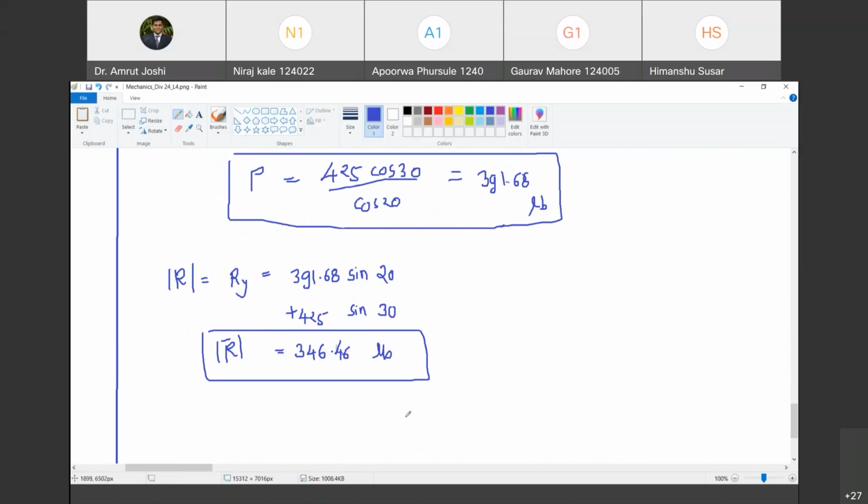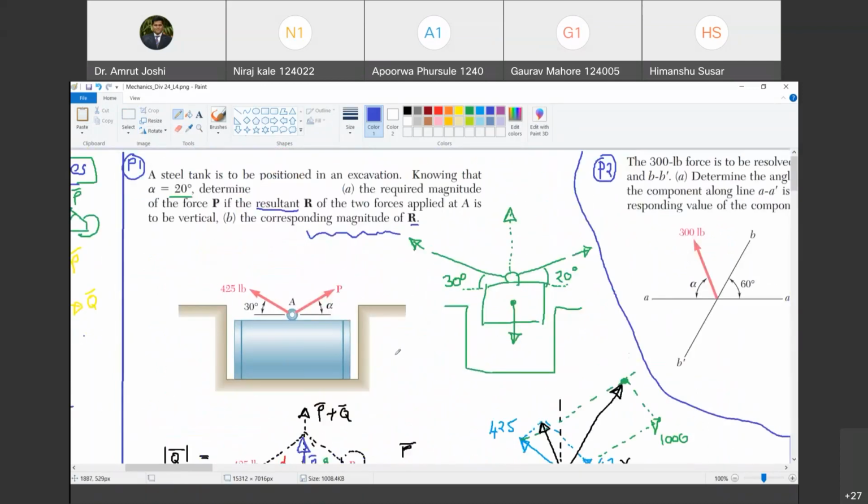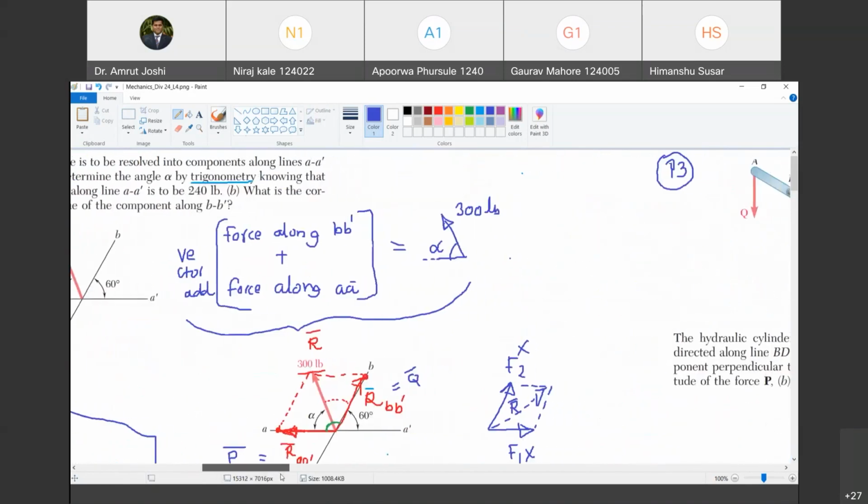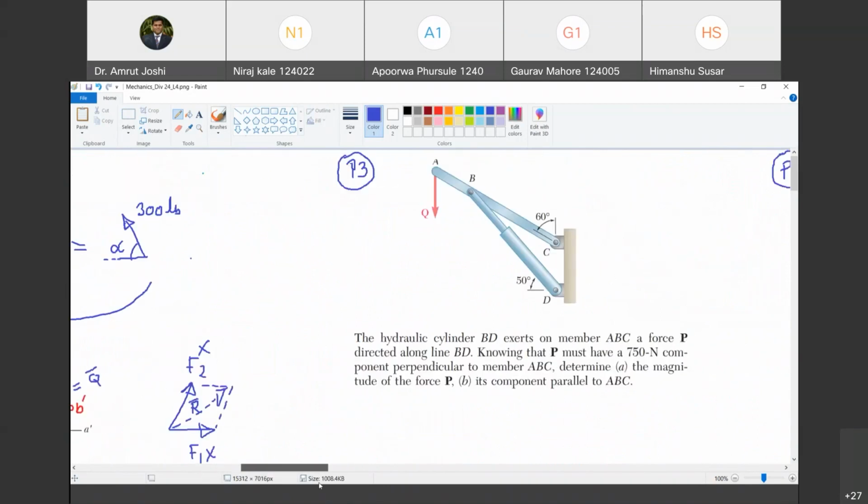This is the confirmation. Whether you use the parallelogram law of addition of forces, or resolve every force into rectangular components, add up the components along x and y, and then find R, both lead to the same answer. The second path of resolving the forces along rectangular directions is much easier, so we often use that in mechanics. Are you with me? Okay, so now let us go ahead with the next problem.